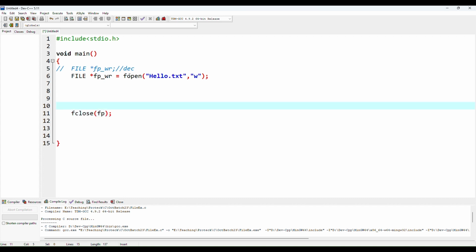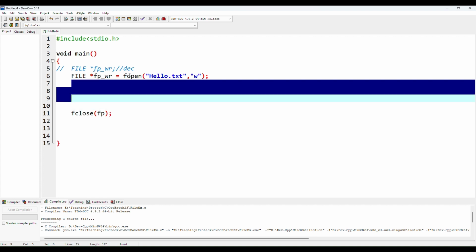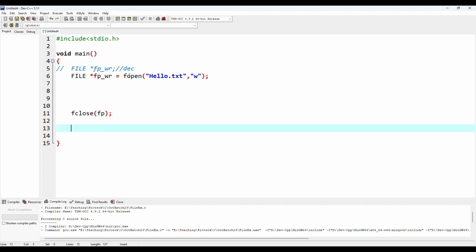In companies, one person won't be handling the entire project. There will be a lot of people. So if you're using some file, you do the work and you close the file, you revoke the access, and so other people can get access to it and they can use it and edit it accordingly. So coming on to this one, inside this if I want to write some data onto that file,